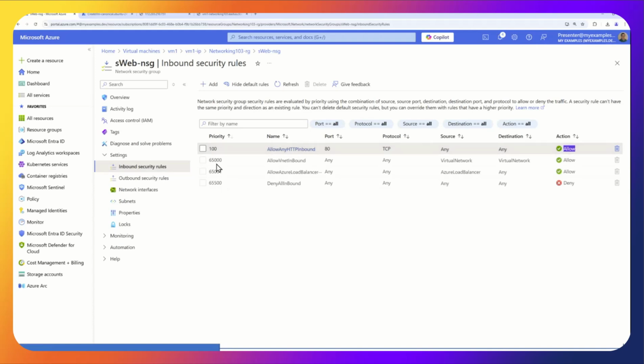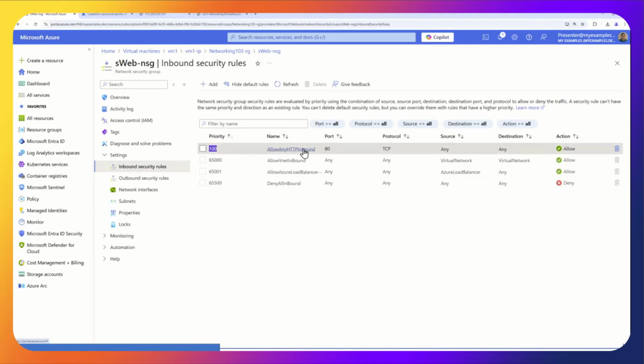That's why these have very high numbers. They're created by Microsoft, so when you create something, it'll go before that. And when you're creating rules, don't do 100, 101, 102. Space them out, because you'll find that you'll have to come back. It's like, oh, I've got to move all these, I didn't leave any room. So like the next one I create, maybe 200. So I always have room to fit priorities inside of other priorities.